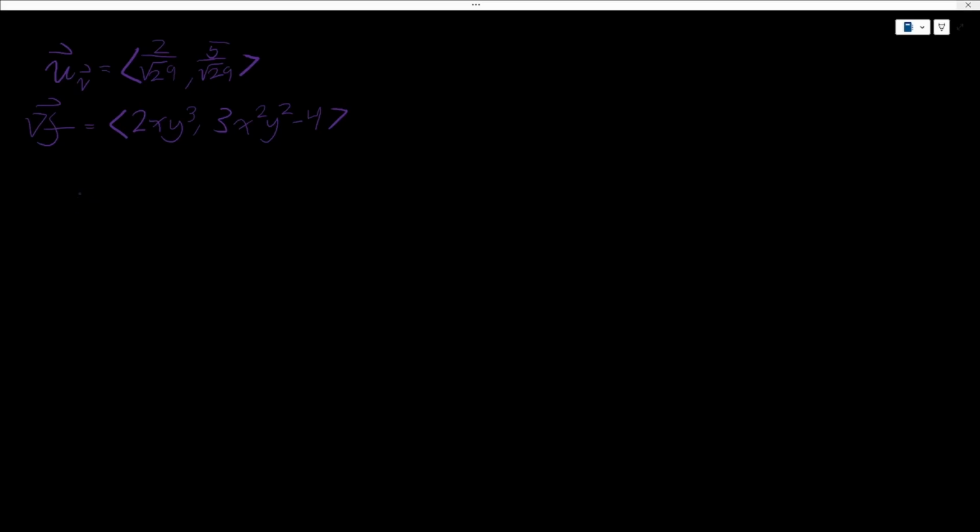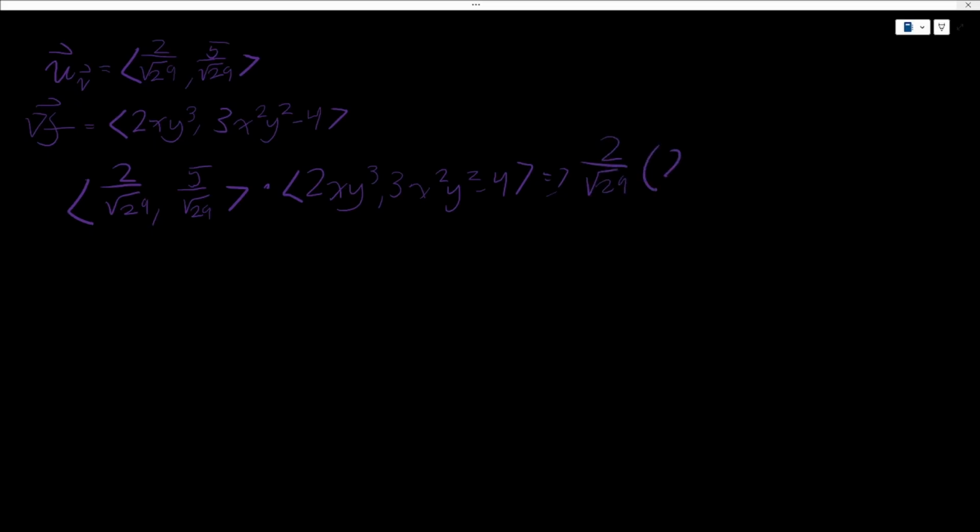Now that we have all the information we need, let's take the dot product. The dot product is fairly simple. We just take the first term of our first vector function times the first term of our second vector function, add it to the second term of our first vector function multiplied by the second term of our second vector function. So we're going to leave off with 2 over the square root of 29 times 2x y cubed